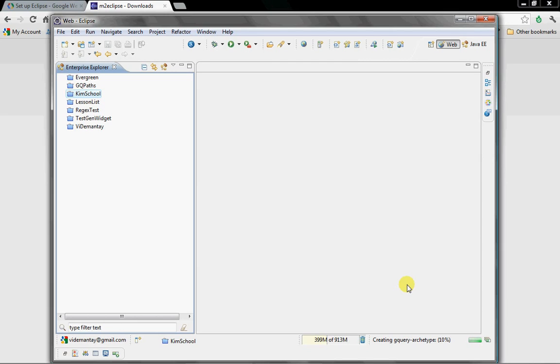And so now it's building the project for you. You'll see it pop up right here, GwtTuts, right? And it's still creating the archetype for you. Basically, it's getting all the jars required to have the project run. And once that's done, then